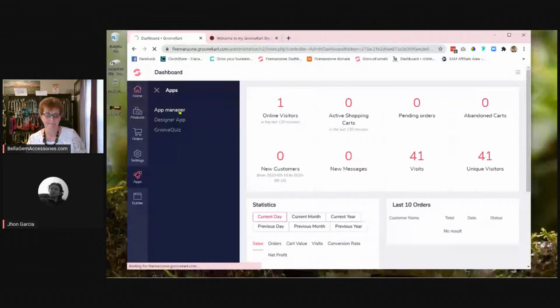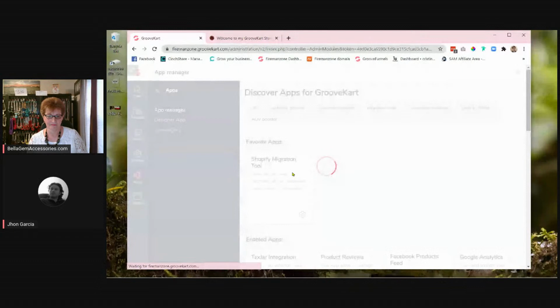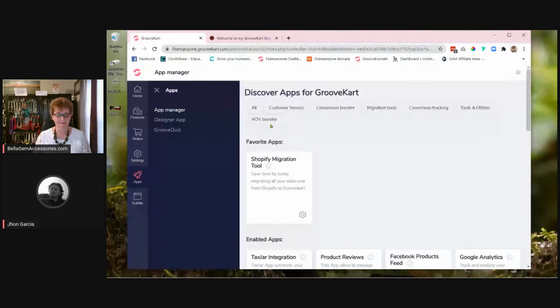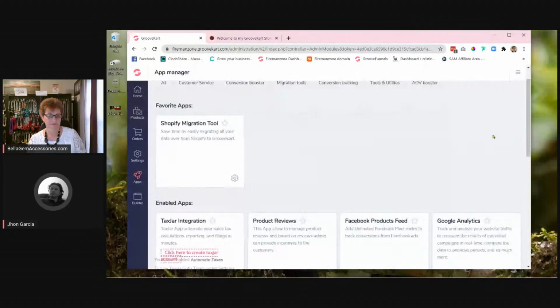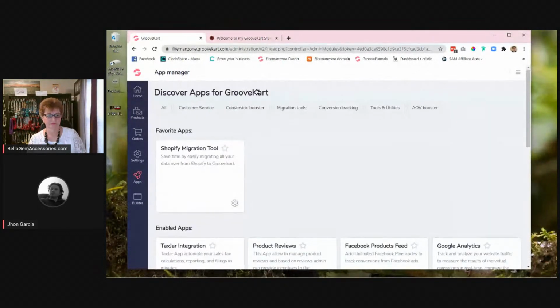Now, some of you might remember that the apps were actually in a single place, and it did have a bunch of boxes. Now, what we did was compile the same amount of boxes, but make it a little bit better. Now you can actually select what area you want to have a certain app work, and then you can click. And if you click, for example, on tools and utilities,